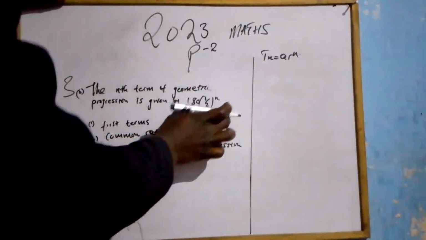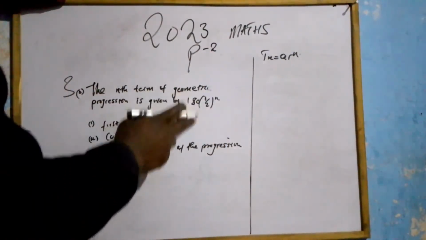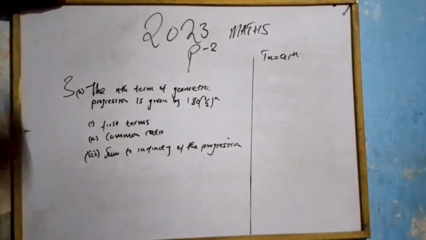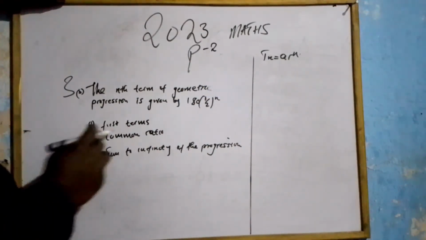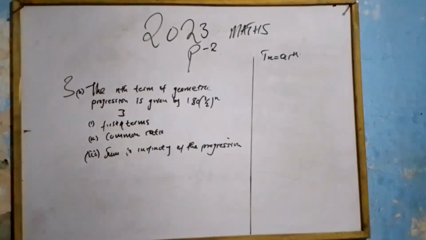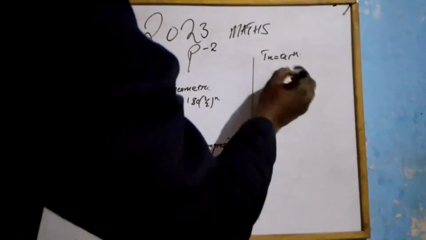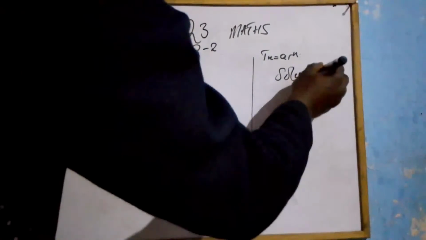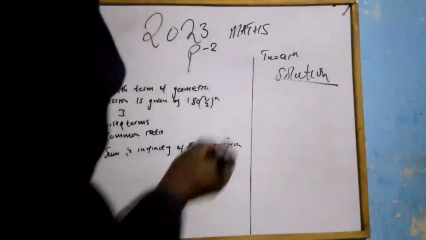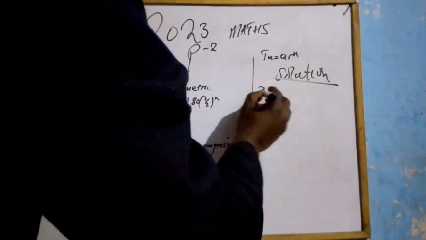Just follow what you have been given, like this one, which is 180 open bracket 1 over 2 power n, and we have to find the first three terms. How can we find the first three terms? This is the formula which we have here. So for the solution for number 1,